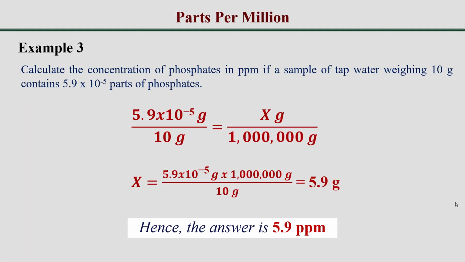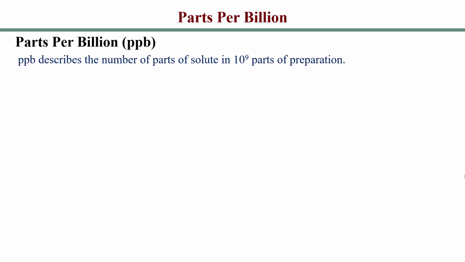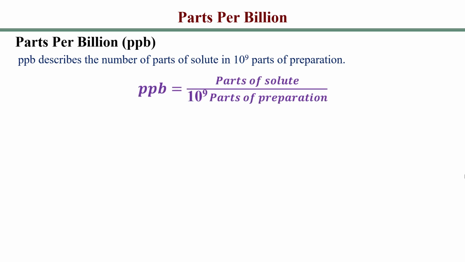So we've just taken a look at 3 carefully selected examples that illustrate different ways in which you may be required to do ppm calculations. So now let's take a look at parts per billion calculations. Parts per billion, which is ppb, describes the number of parts of solute in a billion parts of preparation. That will be 10 to the power 9. And so mathematically, this can be captured as ppb being equal to parts of solute divided by a billion parts